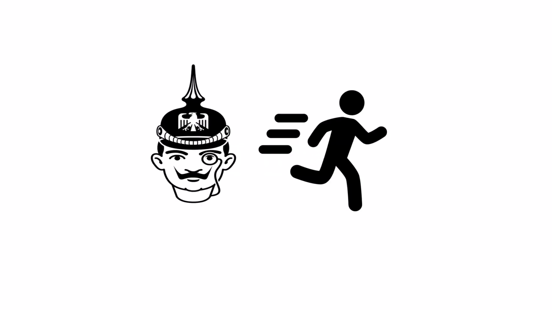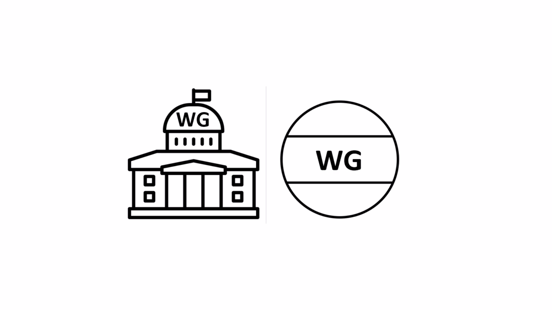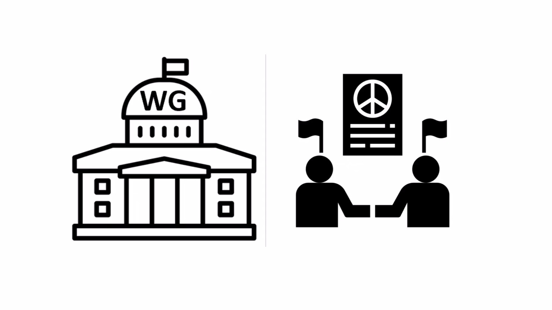So, to understand the Armistice, we have to go back to the First World War, and we have to look at the fact that this man on the left, the Kaiser, the German king, abdicated during the First World War. So he left as leader of Germany because the war was not going well for Germany, and that was in 1918. So as a result of this, as the king abdicated, as the king left, the Weimar government was formed, so a new government in Germany, and Germany became known as Weimar Germany. And the first thing the Weimar government did was they signed the Armistice.